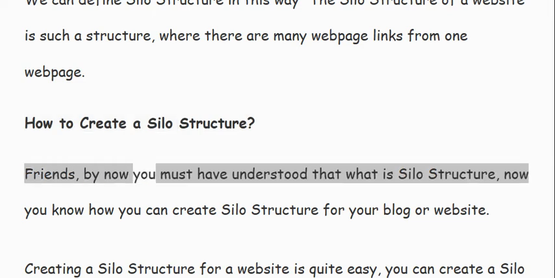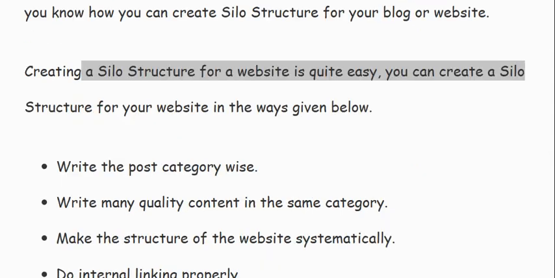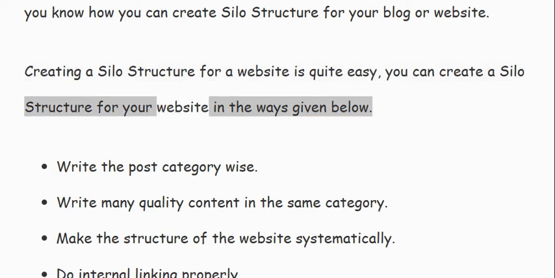How to create a silo structure? Friends, by now you must have understood what silo structure is. Now you will know how you can create a silo structure for your blog or website. Creating a silo structure for a website is quite easy. You can create a silo structure for your website in the ways given below.